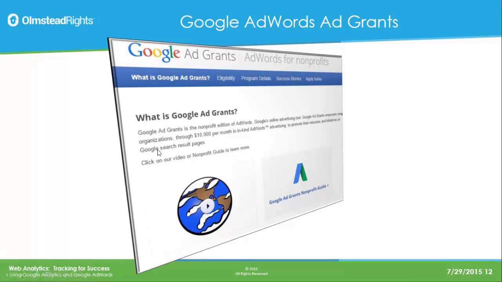Finally, we did obtain the Google AdWords grant. It is a very simple application. It is not simple if there is a complication, as we experienced. But Google AdWords will give you the ability to promote your organization, your website, through $10,000 a month in kind AdWords advertising. It is limited to $2 per click, and that is a major limitation, as we've found so far,